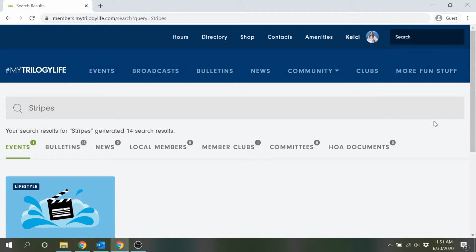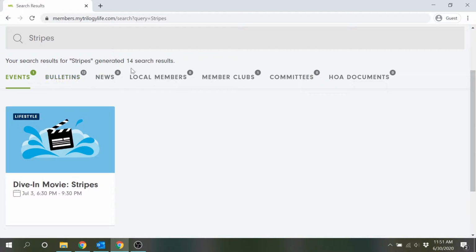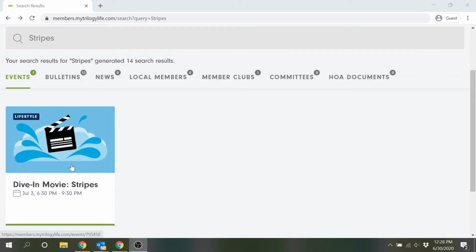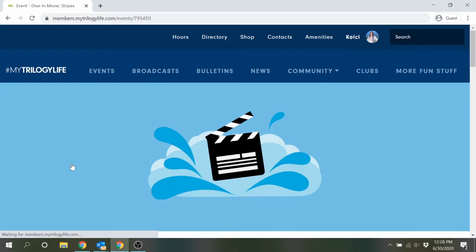And once the page refreshes, you'll see any of the events, bulletins, news, local members, member-led clubs, committees, or HOA documents having to do with Stripes, but it lands on events, and that is exactly what we want. So I'm going to go ahead and click into that event where I will be able to see all of